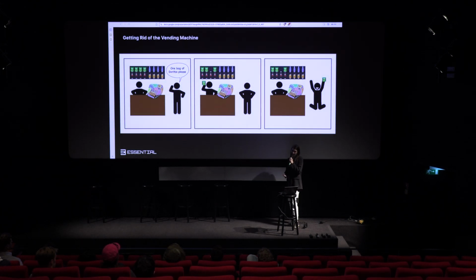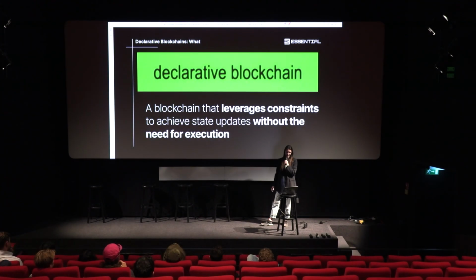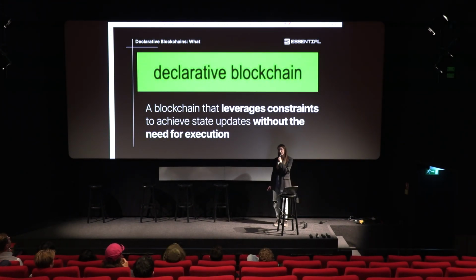So if we accept that this vending machine model is something that we can't defend against people who want to exploit it, then what do we do instead? So we propose that we just get rid of the vending machine entirely and pick a new model. We now have these agents called solvers that are sitting there all ready to ingest users' outcomes and do something with them. So why don't we use those to their fullest extent? And with that, we propose the concept of fully declarative blockchains.